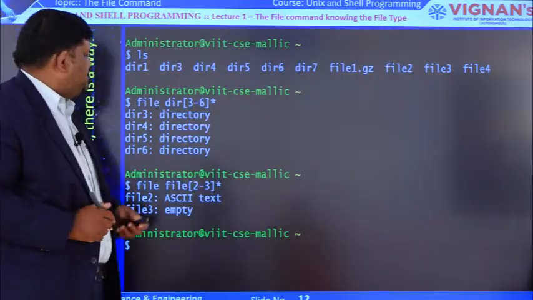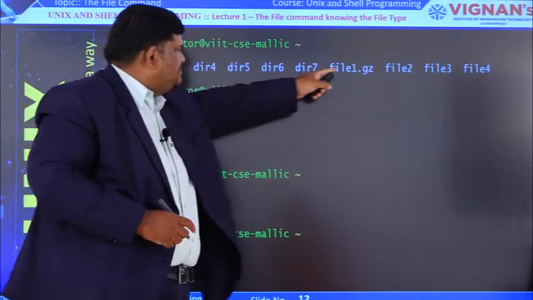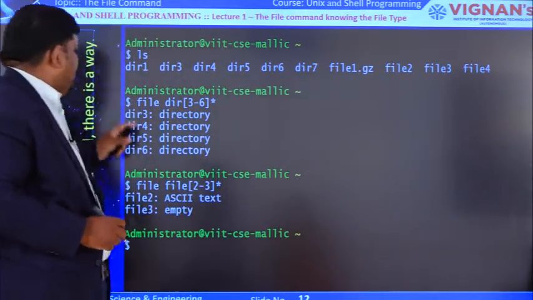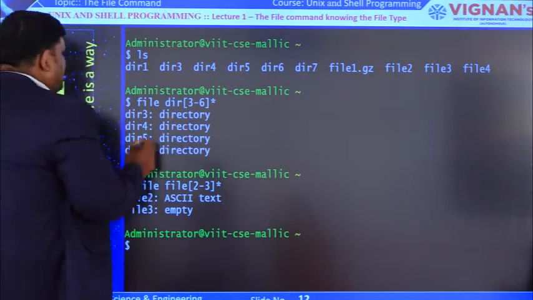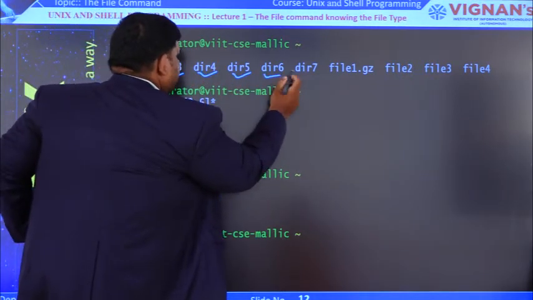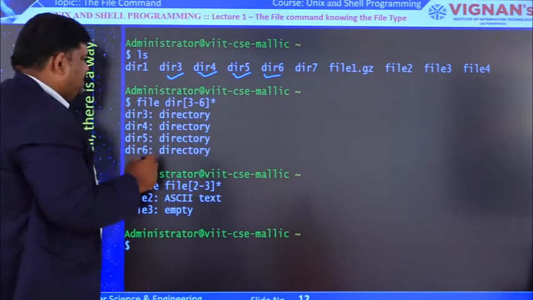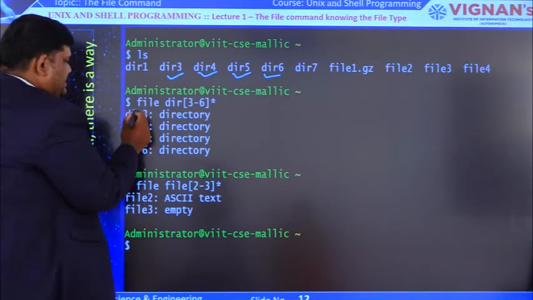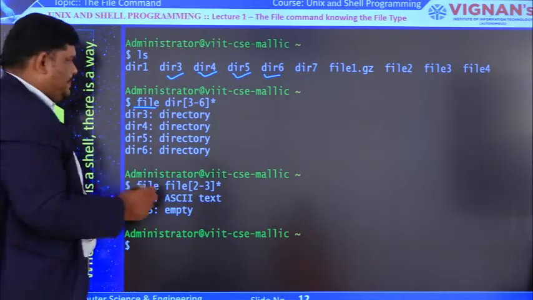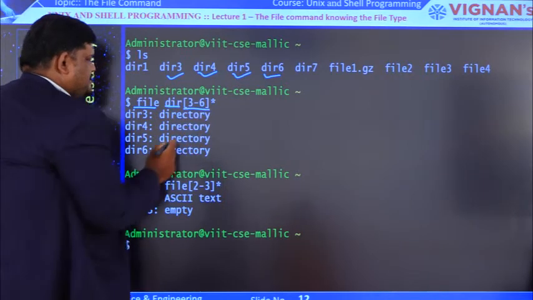So let us check a range option example. Here we have DR1, DR3, DR4 and so on, some files and directories. Now I want to know only DR3, DR4, DR5, DR6, and there is no need for all these other files or those before DR3. For that I am using the range option. See here, the file command, space, range option, DAR, and the range is 3 to 6.